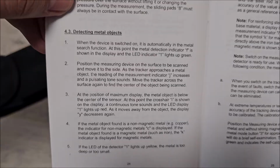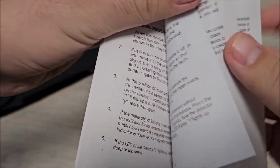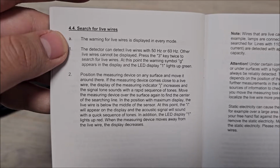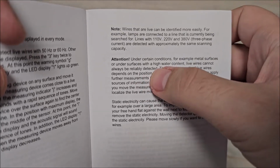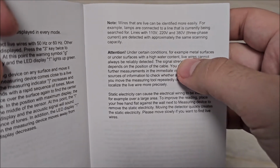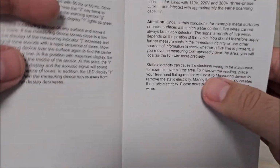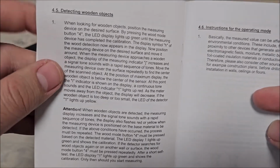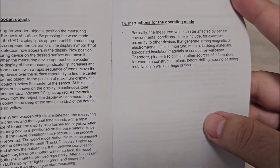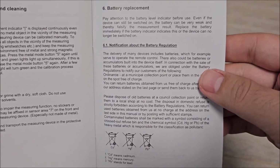How to detect for metal objects. Searching for live wires. So it works for both frequencies. Under metal surfaces, or with high water content in the particular material that you are detecting, live wires cannot always be reliably detected. Makes sense. Because metal or really high humidity content actually create a shield. So, yep. Wood objects. Other instructions. Maintenance, cleaning, battery replacement. And